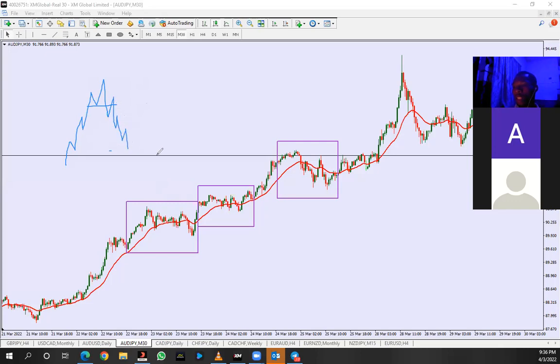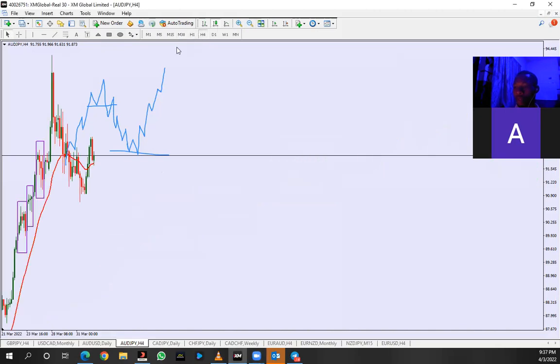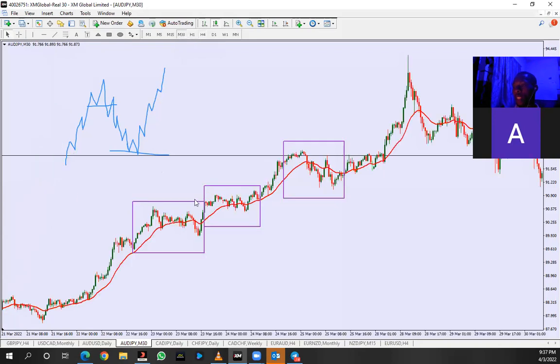Now, the first model is when price gets to the 30 minutes time frame, that means the primary time frame, it changes direction. And that is what happened at this particular point. So first of all, we are going to take the first way I said it is going to happen. Now, in this particular scenario here,